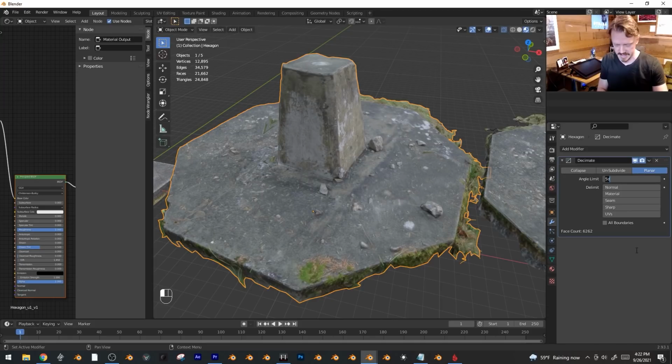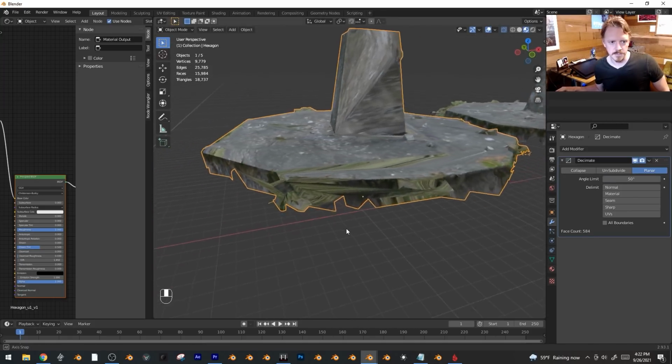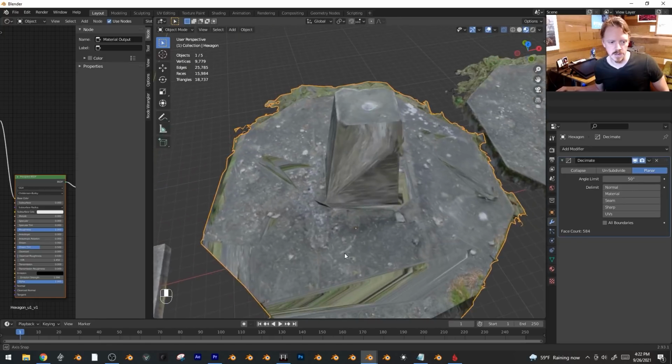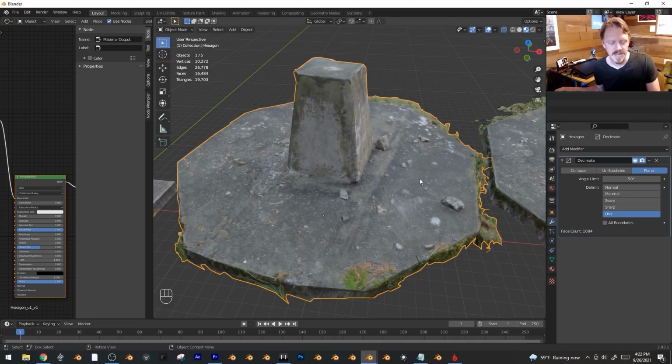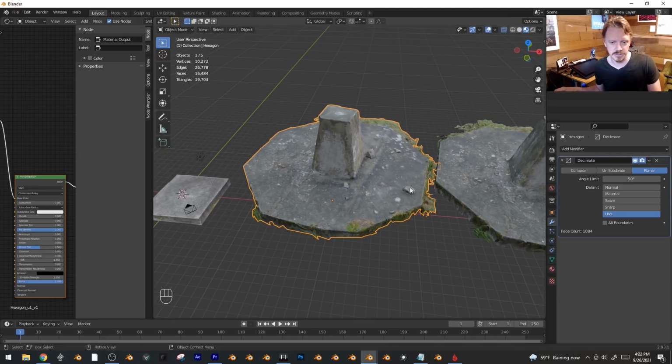So if we change this to, let's say, 50 degrees, it's going to merge. It keeps the shape, but it merges all of those flat faces together. Of course, it's doing that without any regard to the texture underneath, so we can tell it to keep UVs in mind. And now it's reducing the number of faces without shearing everything all up. And if we apply this,